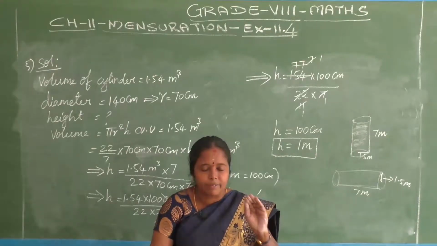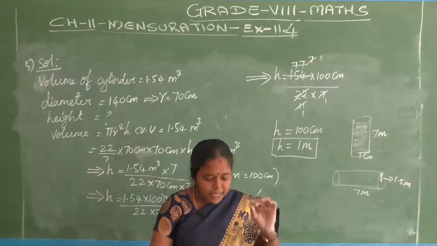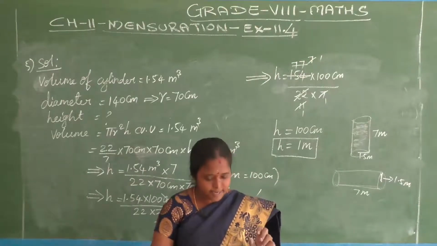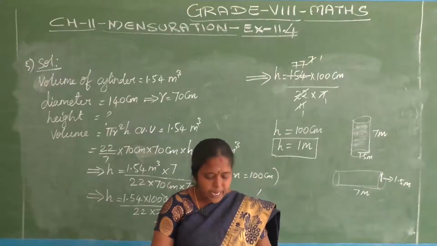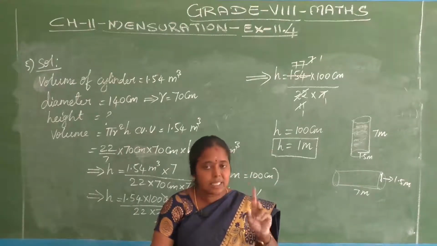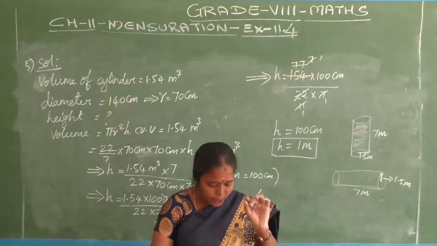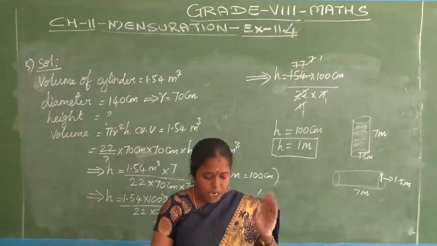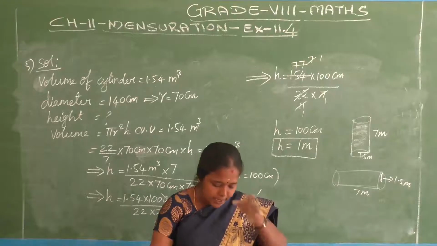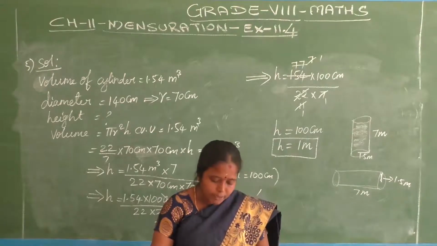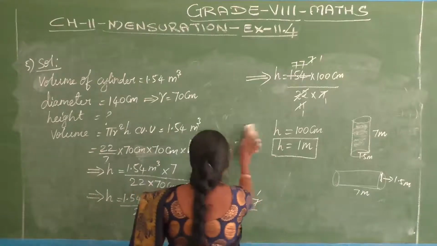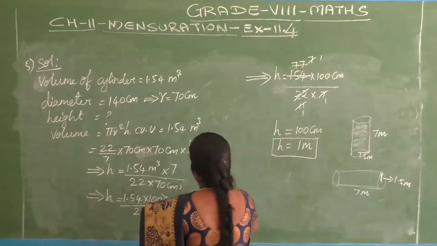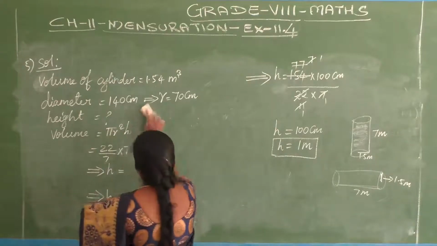Actually what is given, what they are asking. Just a guessing method only they are asking, the side value is not mentioned accurately. If each edge, nothing but side, of a cube is doubled, how many times will its surface area increase? How many times will its volume increase? We have to find. Copy down slowly and neatly in your classwork.